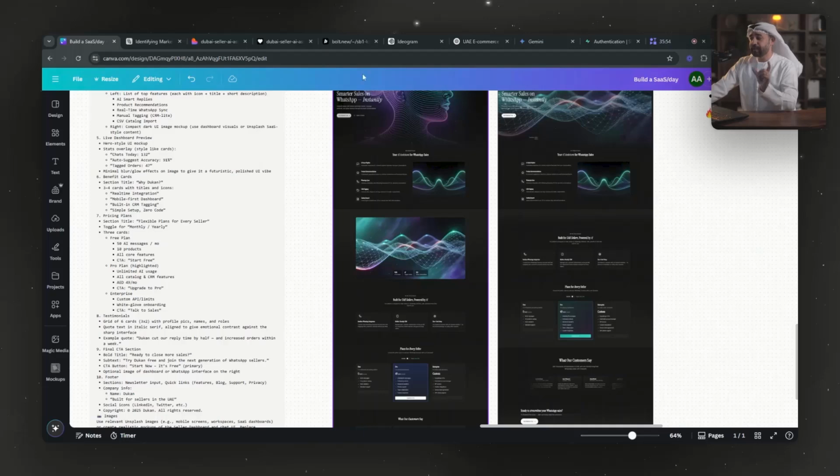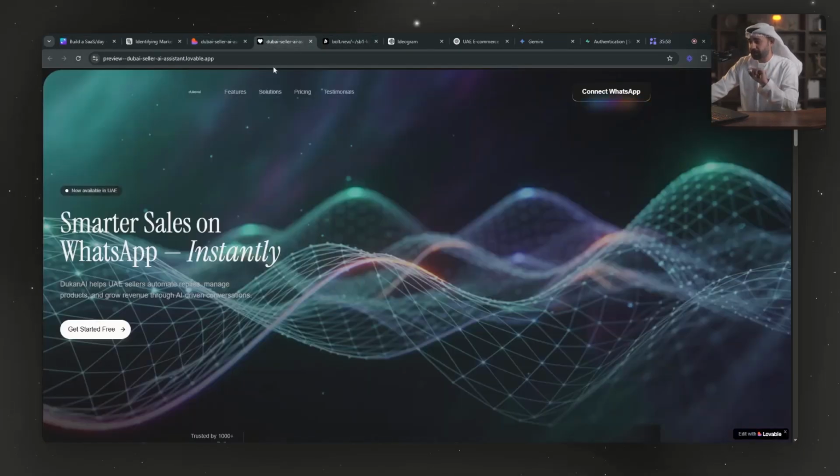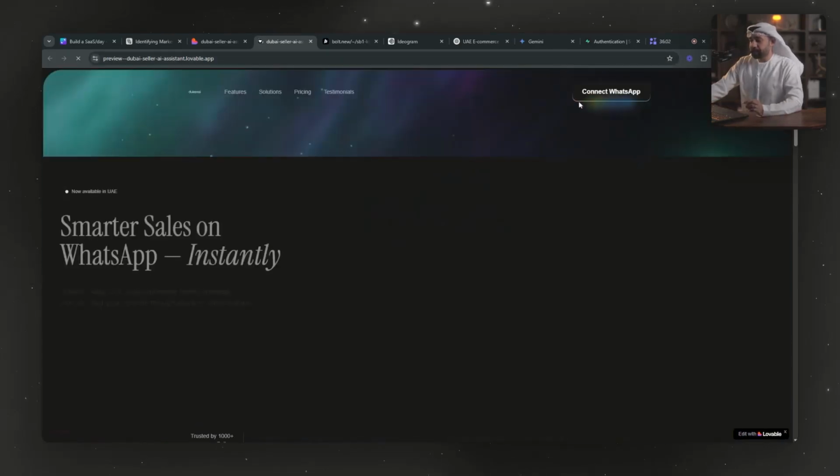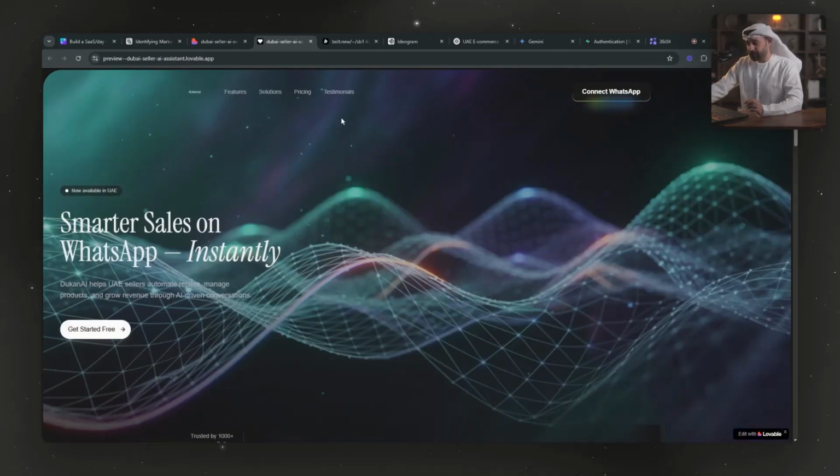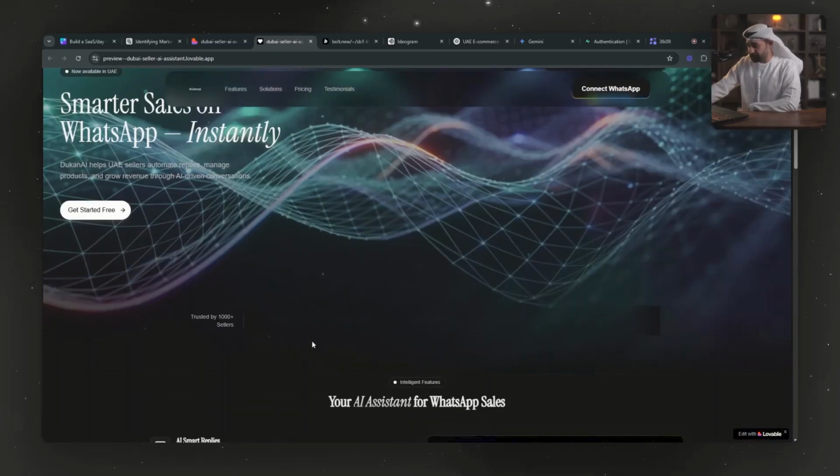So let me now show you the difference between Lovable and Bolt. On Lovable, I got this website. Let me refresh this just so you see. This button was not there, by the way. This was from 21 Dev, and this screen was edited from 21 Dev. You can see a slight error that it had over here. It added this. I can remove it, but I made it 80% there.